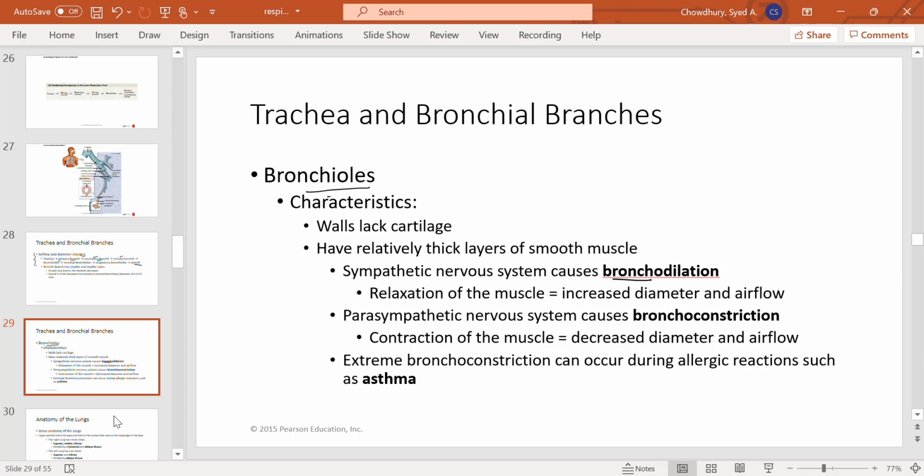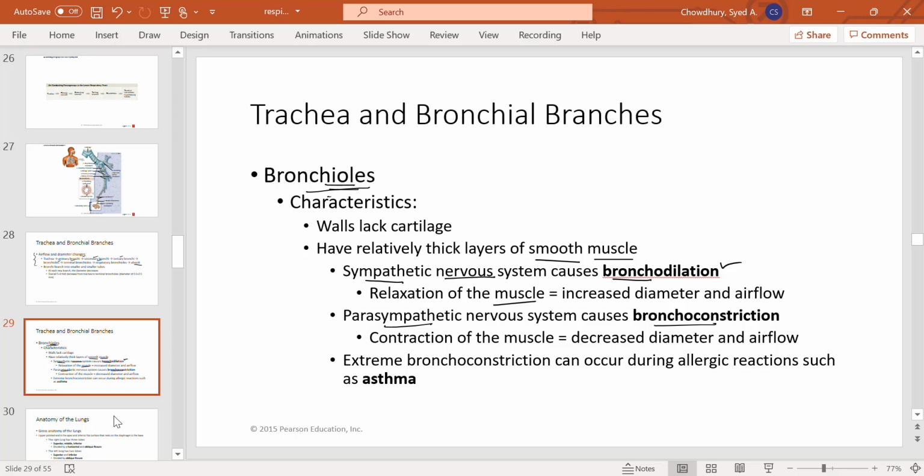The wall of your bronchioles has smooth muscle, so the smooth muscle can contract or relax. The factor that causes bronchodilation, or relaxes the bronchial smooth muscle, is sympathetic stimulation. So the tube will get opened more, as the muscle relaxes. And parasympathetic stimulation would cause bronchoconstriction. That means the muscle would contract and cause the narrowing of the bronchioles. That's the bronchoconstriction.